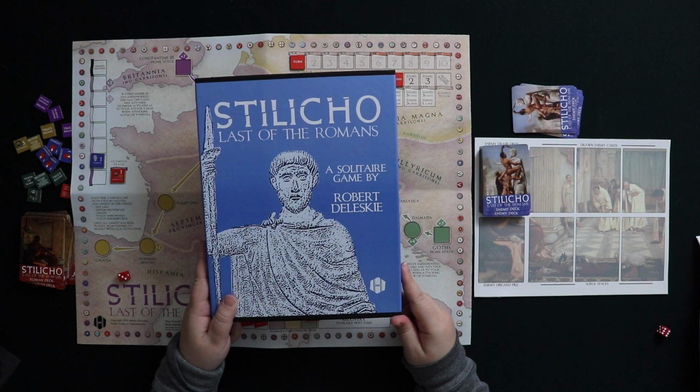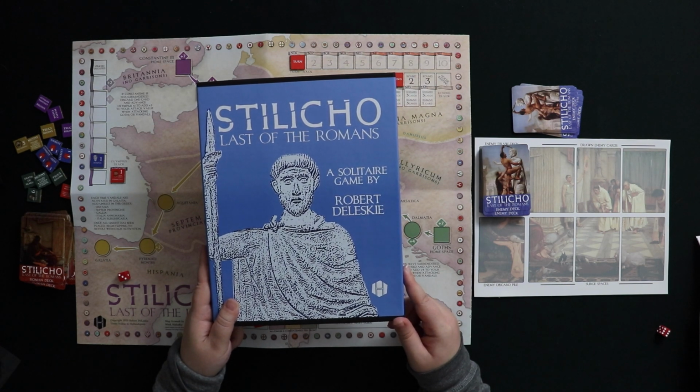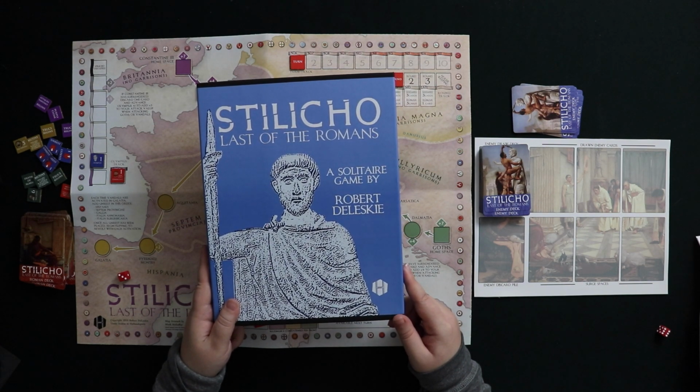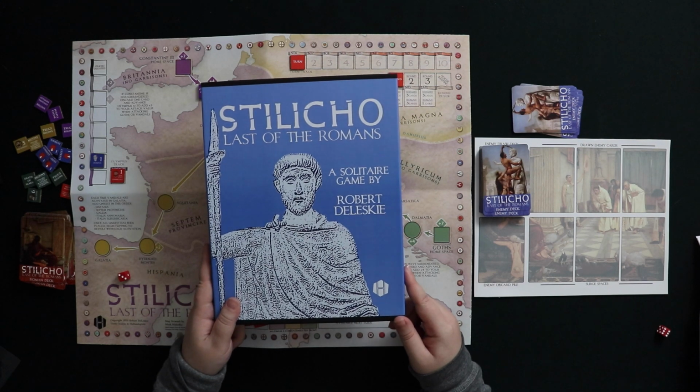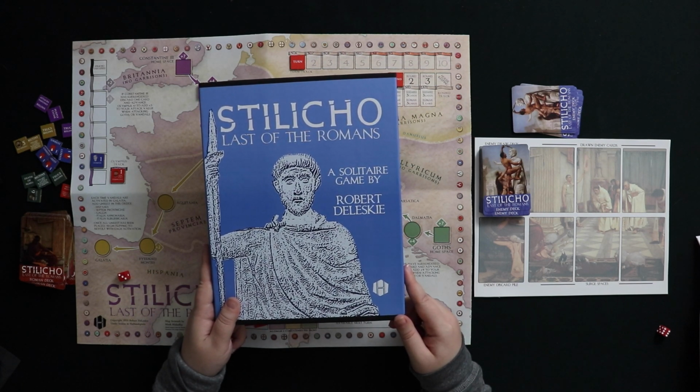Gamers, this is Liz Davidson from Beyond Solitaire, and today I'm going to show you how to solo Stilicho, Last of the Romans. This is a game published by Hollandspiele. It is designed by Robert DeLeskie. It's the same system as, and the successor to, Wars of Marcus Aurelius, which, as y'all know, is a game